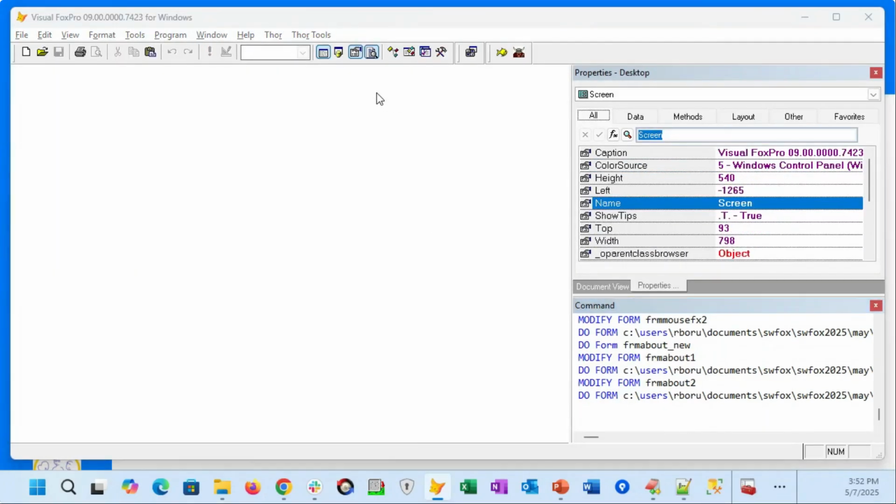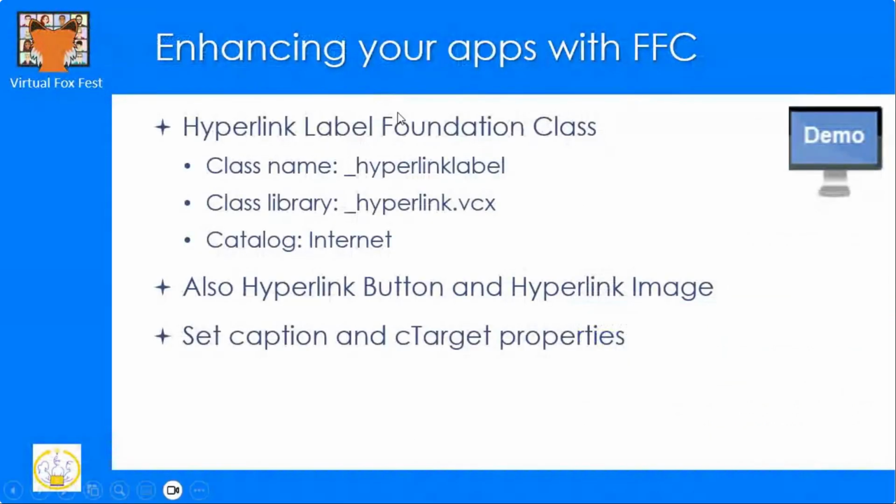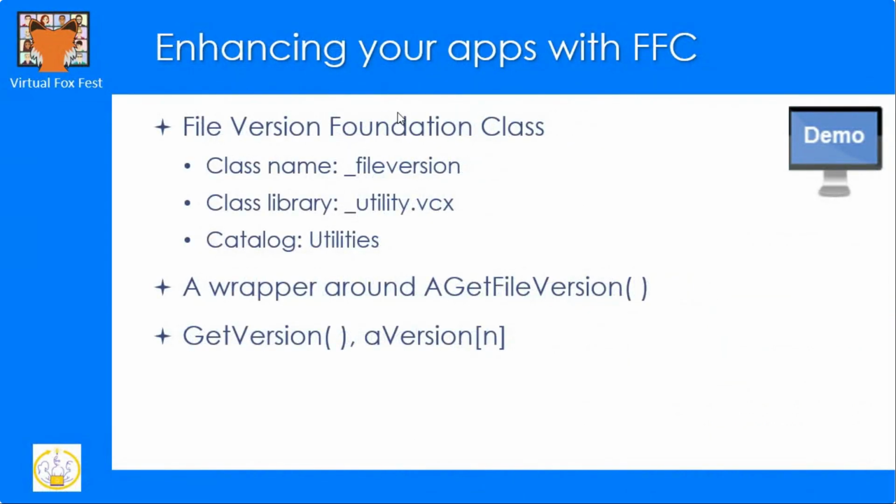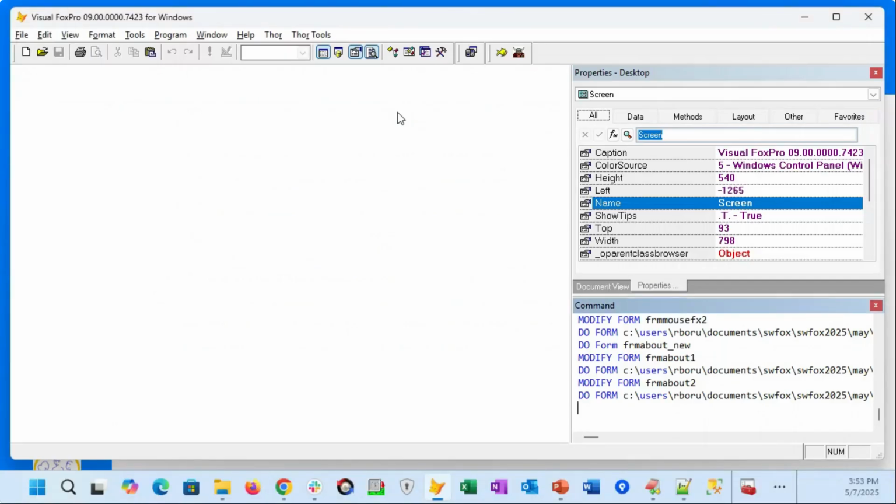And along the same lines, suppose we wanted that version number to be dynamic. Suppose we wanted to pull the version number out of our executable rather than just having some static name or property value that we had to change. So there's a class called underscore file version. All it is is a wrapper around the get file version class, but it's convenient because it provides a get version method and returns an array. And then one of the elements of the array, the fourth element, I believe, is the version number that we're going to be interested in. So we can take a look at